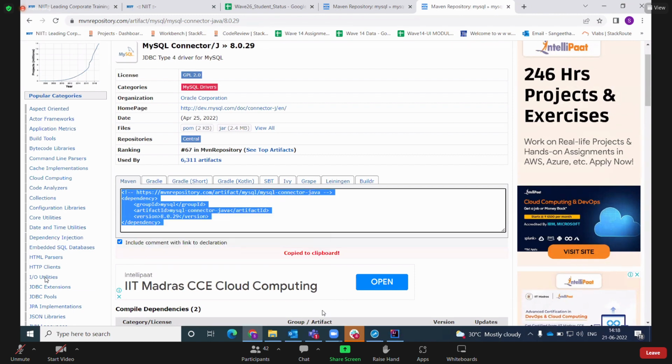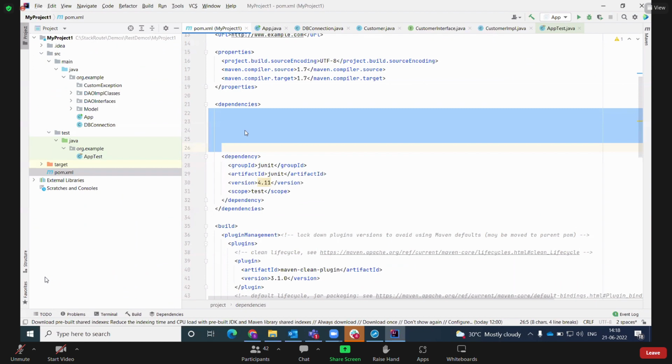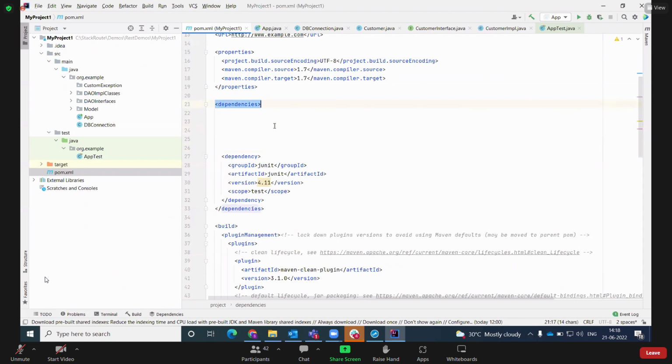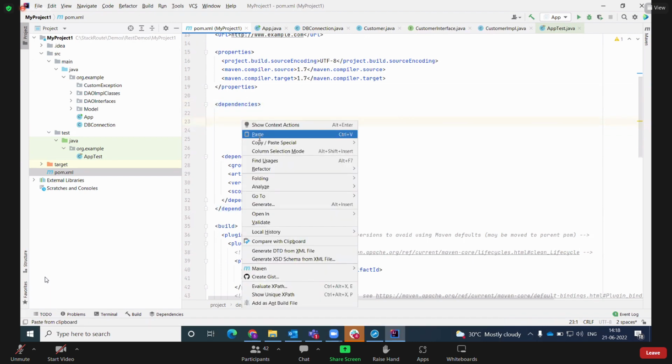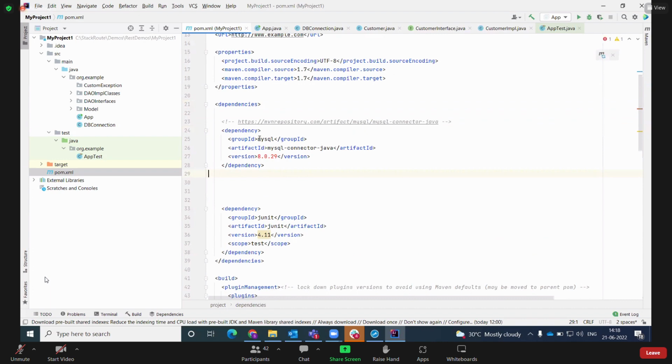Just select it, copy, go to IntelliJ, go to your pom.xml under dependencies. Under the dependencies tab, just right click and paste. Listen carefully. Once you are pasting any dependency, on the top right corner, you will find a kind of a download button, or automatically it needs to download all the dependencies in your IntelliJ. So just click this. It will take less than a minute